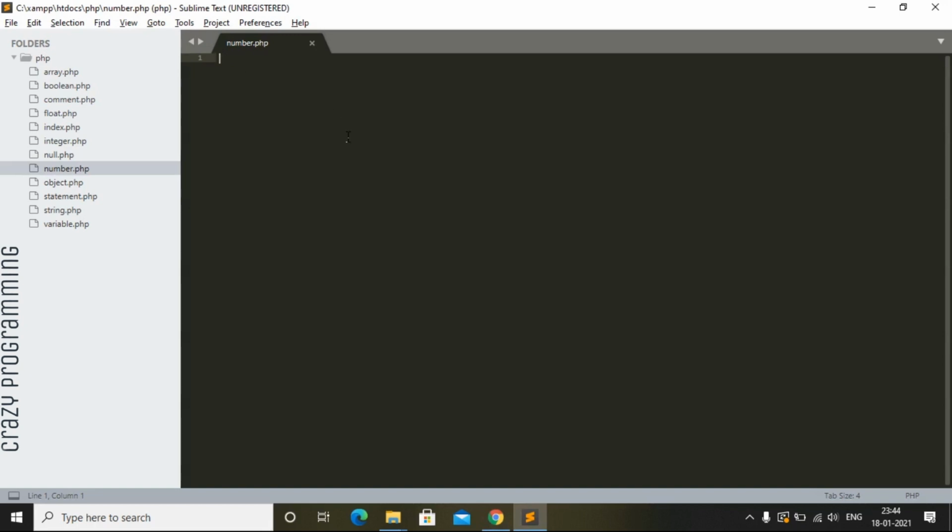first we will begin with integers. So the basic syntax of PHP is <?php, okay. We will start with integers as I defined in the comment. Now we will see the first example, that is $x equals 5985, semicolon to close,